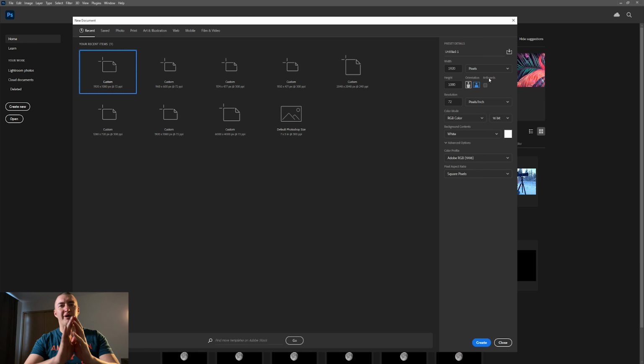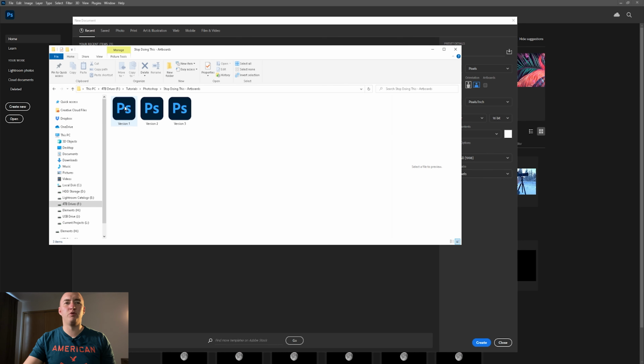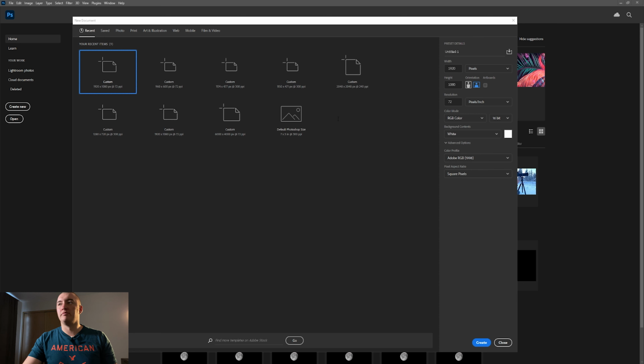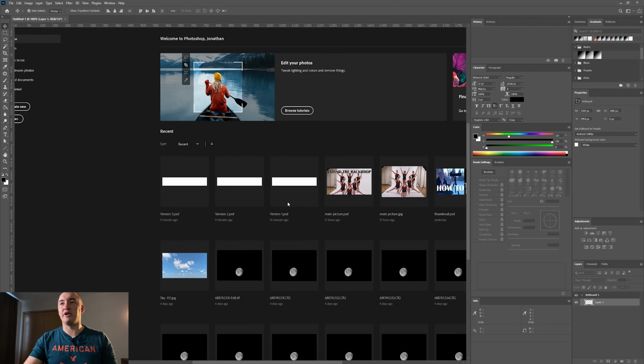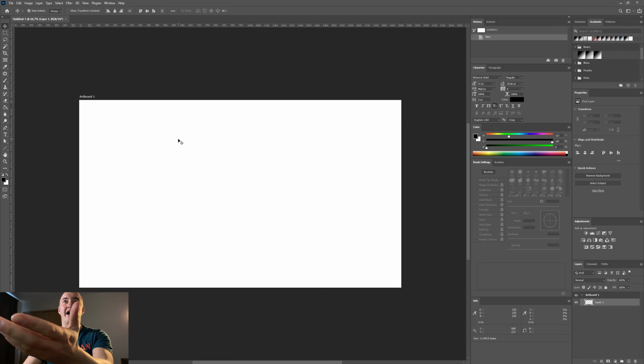Your folders are about to become so decluttered. Like, this is going to change. You're not going to have this anymore. You're not going to have version 1, version 2, version 3. Like, you're not going to have all of that. It's all going to be in one Photoshop document. One. So, click on Artboards. And then when you click create, now you open it up and now you have an